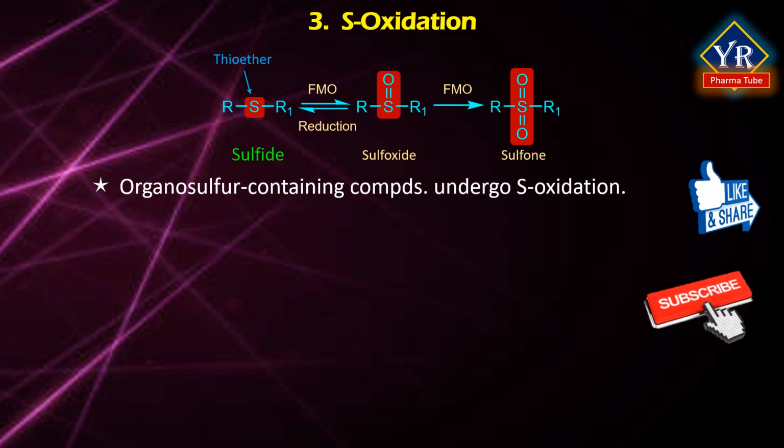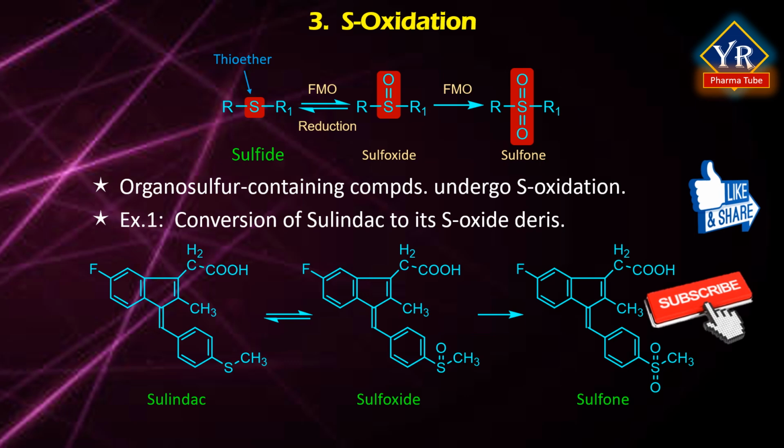Note that in the S-oxidation process, the first oxidation product of a sulfide is a sulfoxide, and this can be further oxidized to a sulfone. For example, sulindac, a non-steroidal anti-inflammatory agent, is actually a sulfoxide. It can be reduced to a sulfide or oxidized to a sulfone. The sulfide is more active as an NSAID, that is non-steroidal anti-inflammatory drug, than the parent drug, but the